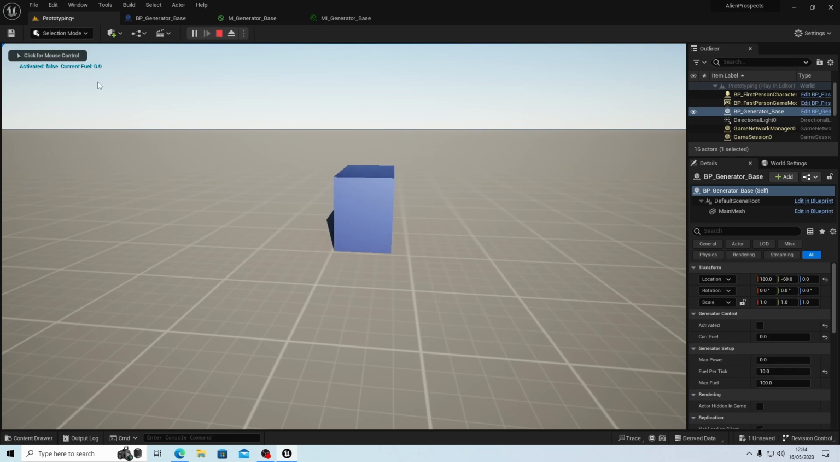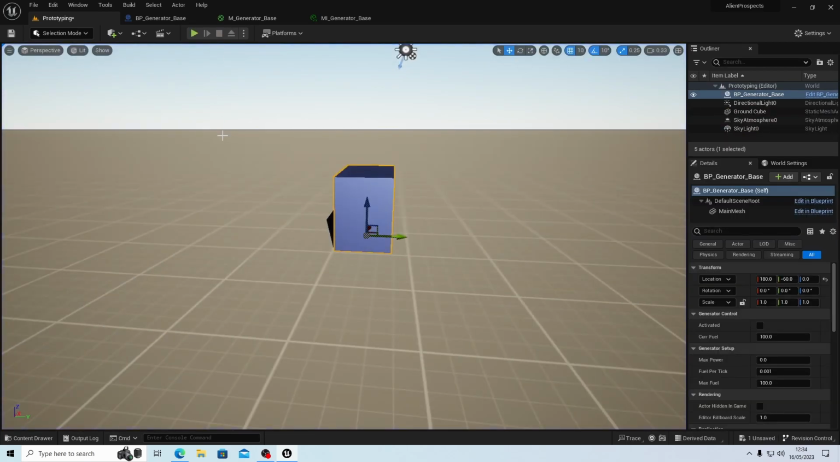Have you noticed? Shift and F1. Activate is switched off. It's activated false. And it's reset the fuel to 0. And that's as simple as it is. That's a generator. Okay, now the reason we've got all those parameters is because they can be modified, and we can then use all those different things on